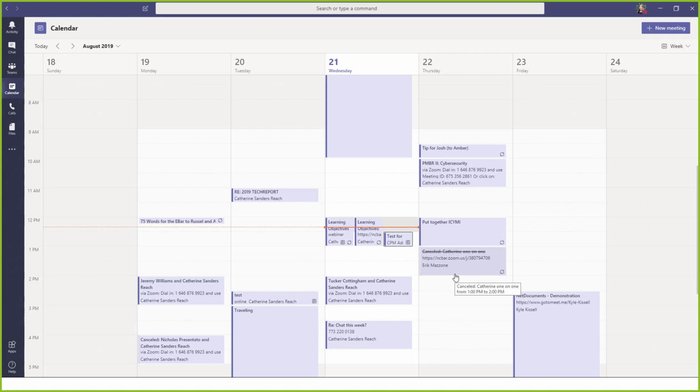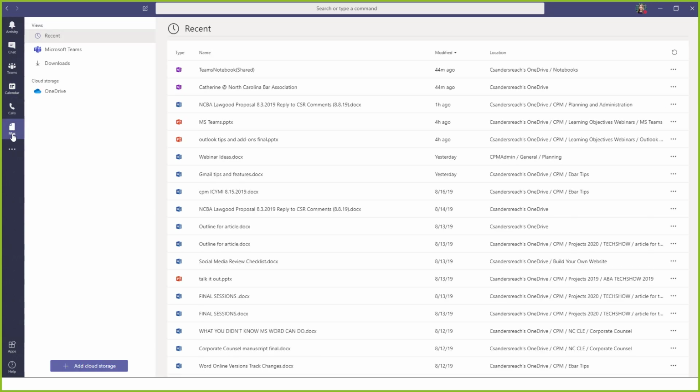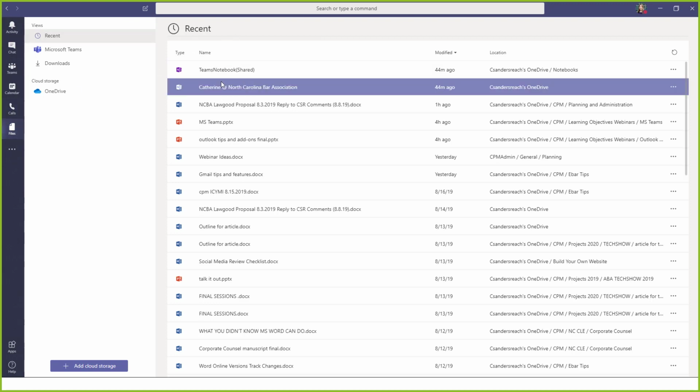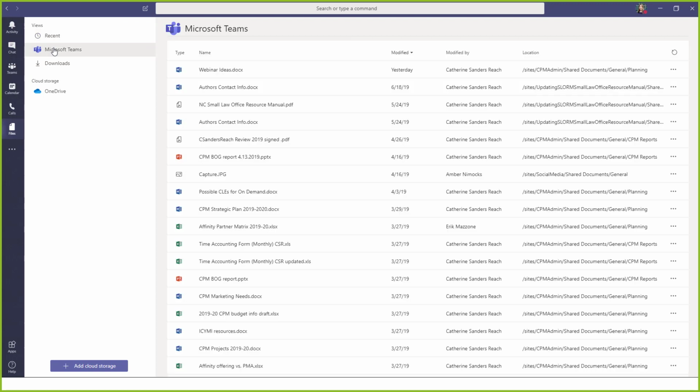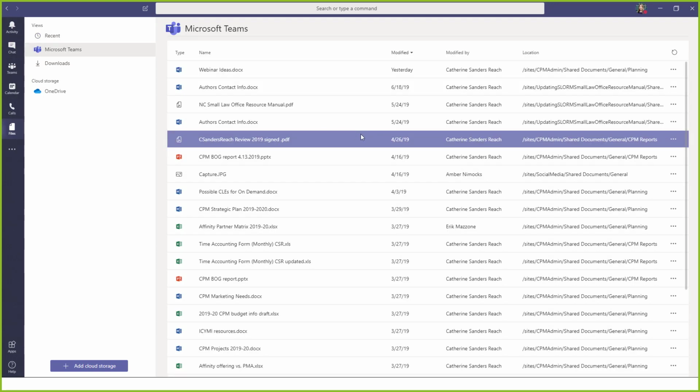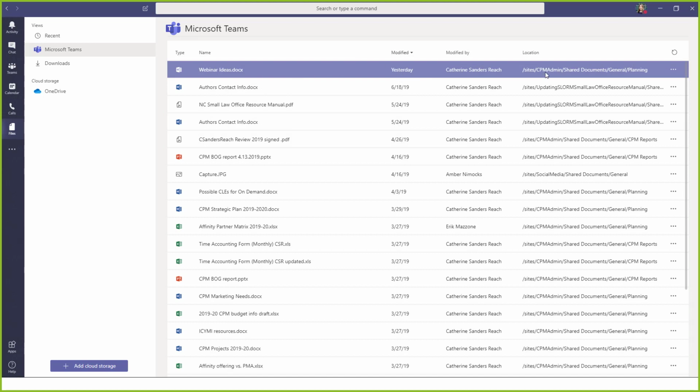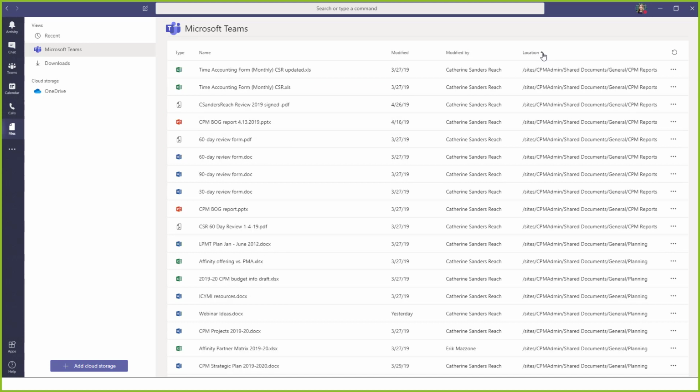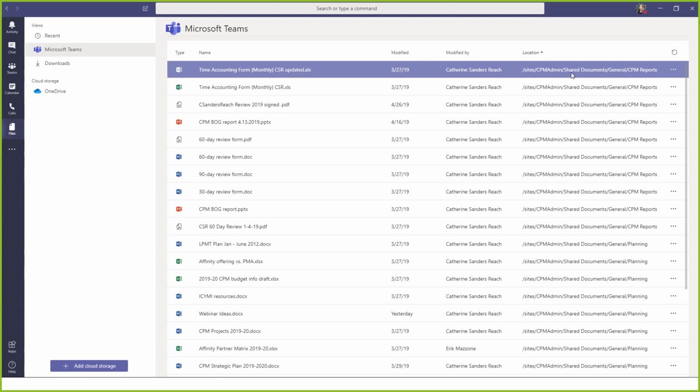Now all of this, there's one other thing to show you before I show you the actual teams themselves. So these are files. So I've got a list of recent files. I've got all the files that have been shared in different teams that I'm in. So you find the name of the file and what is modified, and then the location, and that is our shared documents through Teams. So if you know anything about SharePoint, SharePoint creates libraries, and the libraries of documents are shared with specific people. When you have a document in OneDrive and you share it with specific people, this just